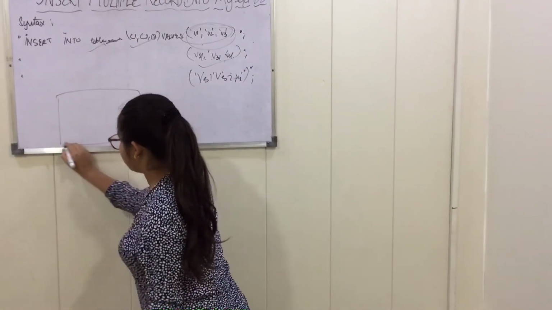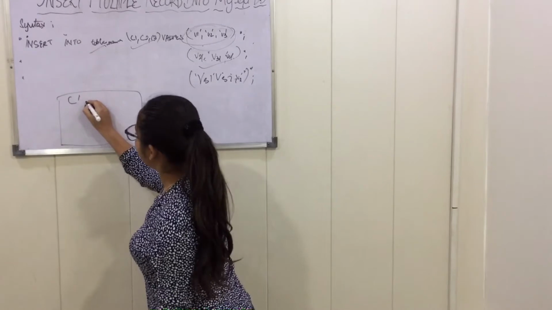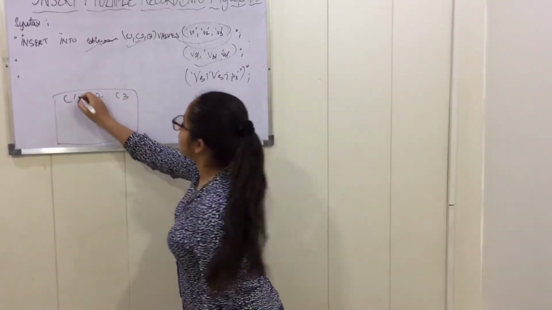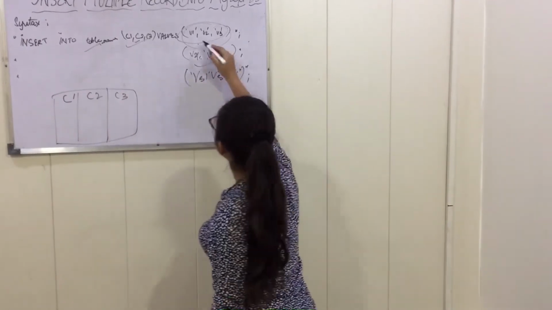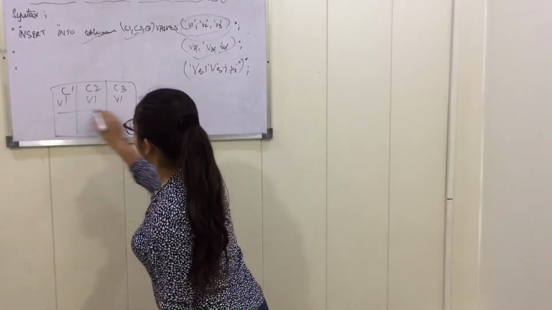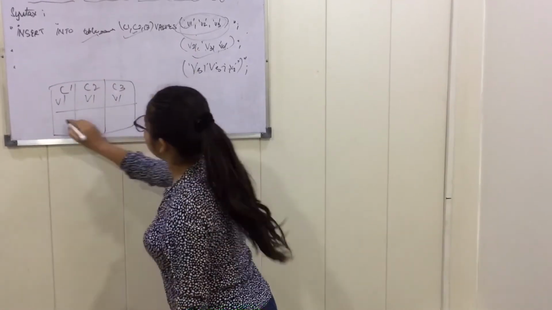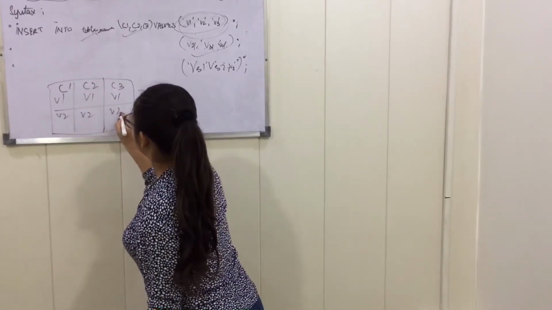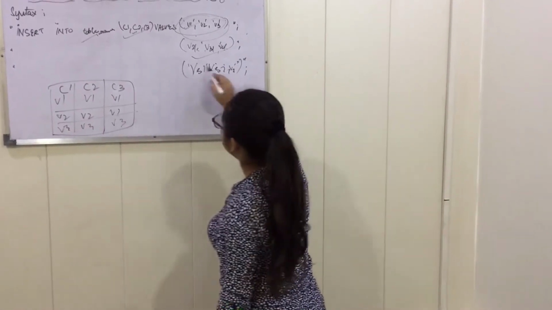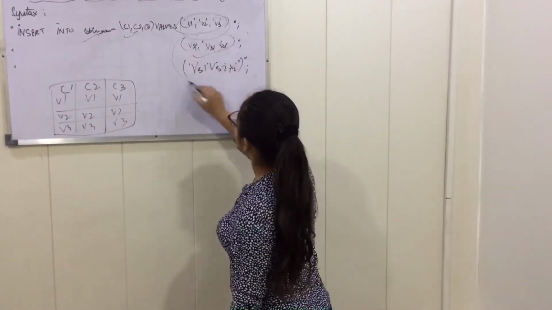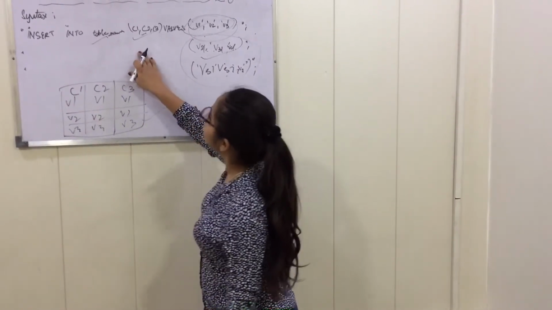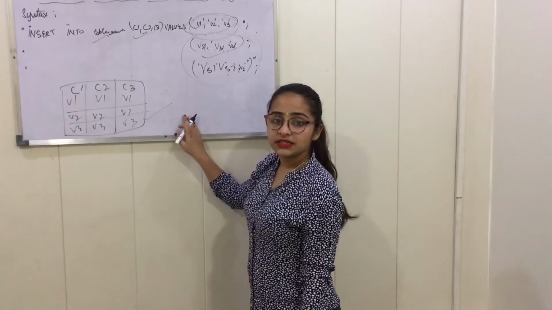Suppose this is my display screen, so I have column 1, column 2 and column 3 as written here. The values will be passed as V1 here, and after that the second value, that is V2, after that V3. Because we have taken 3 columns and 3 values, this is the display screen showing how multiple records will be displayed in a MySQLi database.